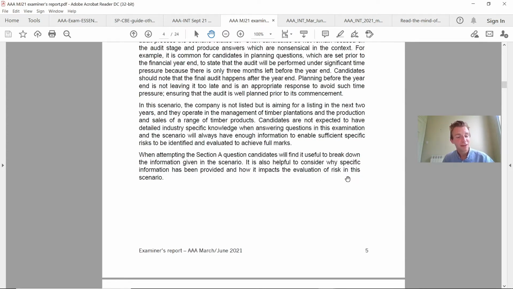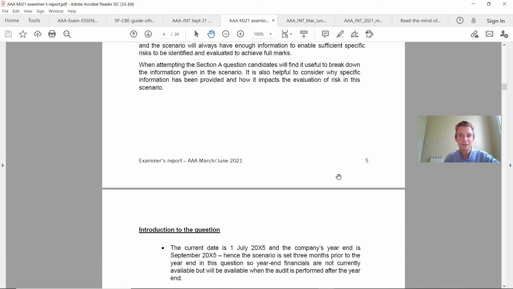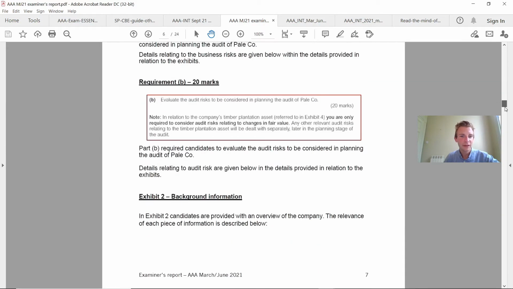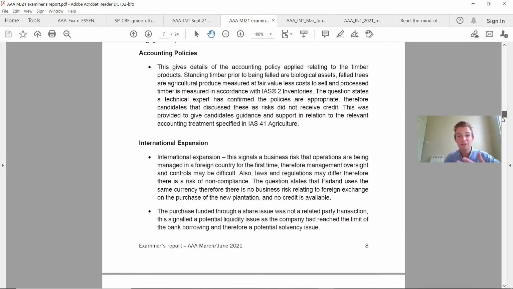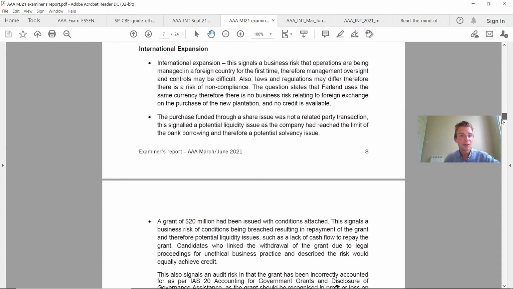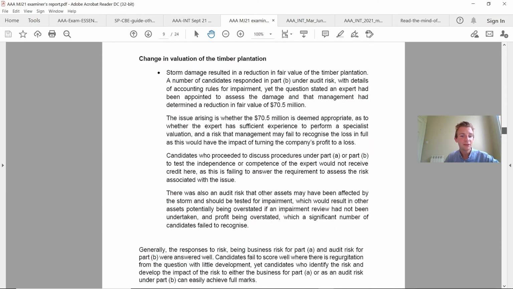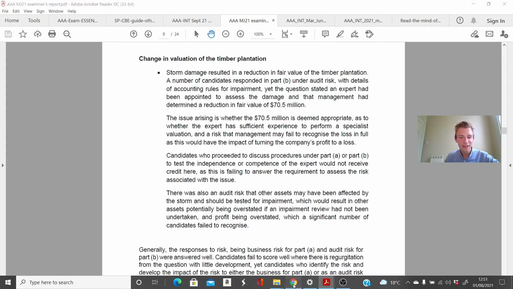So in other words, applying back to the scenario was absolutely key, and writing down, referring to that specific information on there. So plenty of information on here, going through the different types of requirements, notes from the actual aspects of what the examining team fed back about the answers and the standards that were provided, different policies, expansions. So these are going to be linking into other areas of the syllabus that we've just looked at, but in this case applied to a timber plantation example. And again, look on here, referring to some of the key figures that you need to be doing in your exam. So again, another really helpful resource on there.